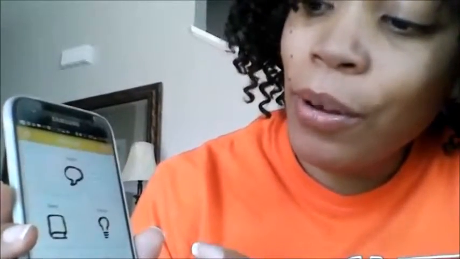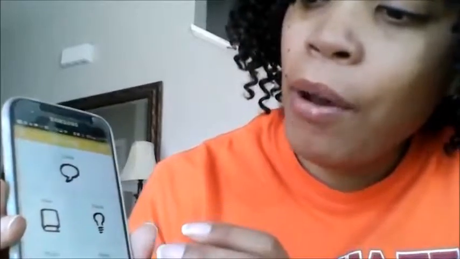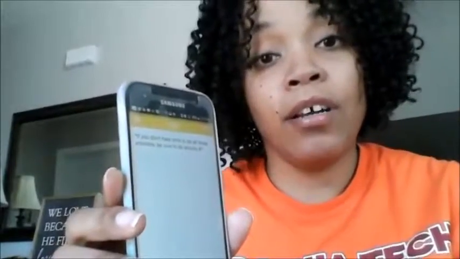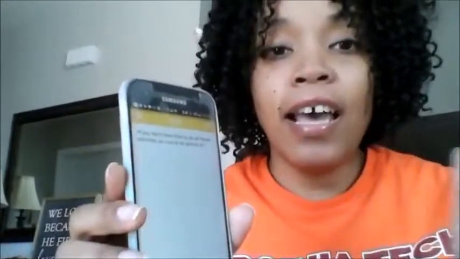And then also another thing that I like is where it has News. News is kind of like some tips that they give you. So for example, for this week, it says if you don't have time to do all the activities, be sure to do activity number 1. So Orange feels that number 1 is the small group activity that most helps kids learn the point for the day. So it just has a lot of different tips and things for you to use. Going back to the home screen,